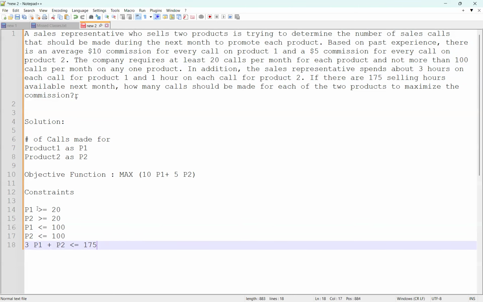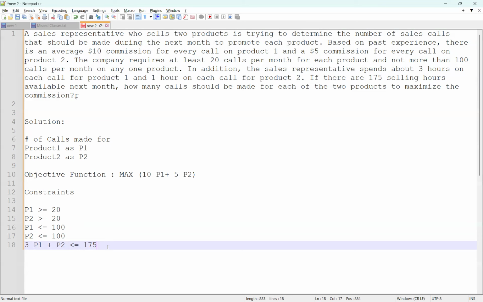The first four constraints are self-explanatory, so at least 20 calls and at most 100 calls. The last one is for each call, for product 1 it is 3 hours, and for product 2 it is 1 hour. The total hours available are 175. You can either put less than or equal to, you can also put equal to if you want to equate